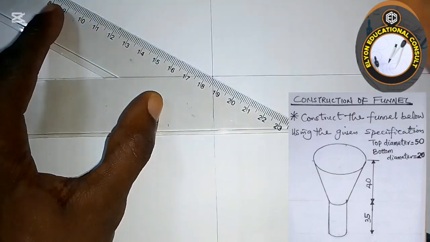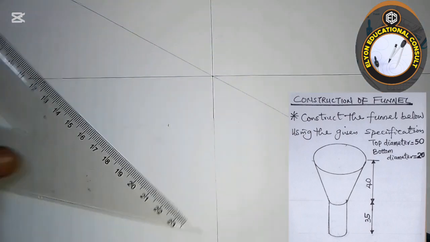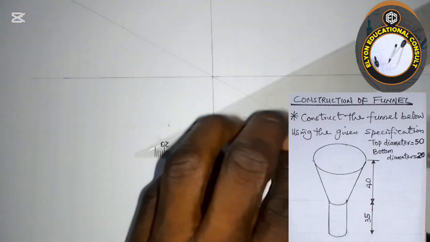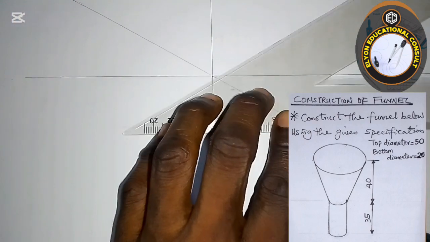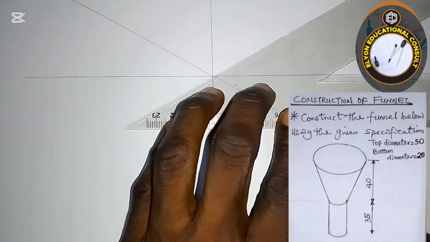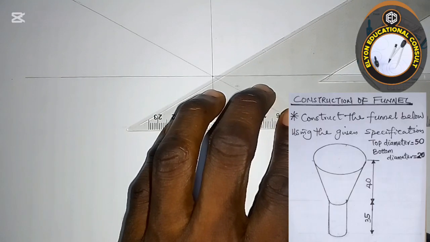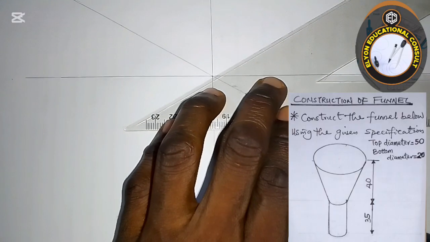Make sure it's straight here. Then put it like this using our 30-degree set square. I'll produce another isometric axis at this point here,